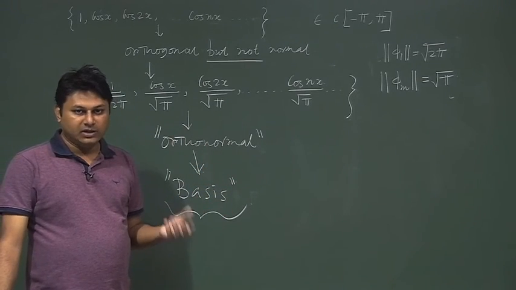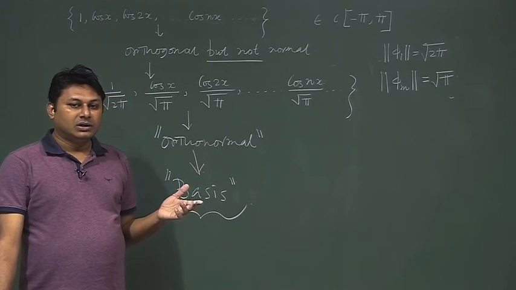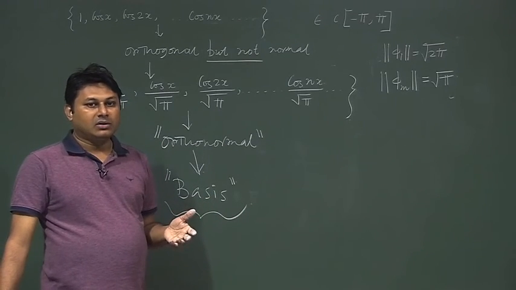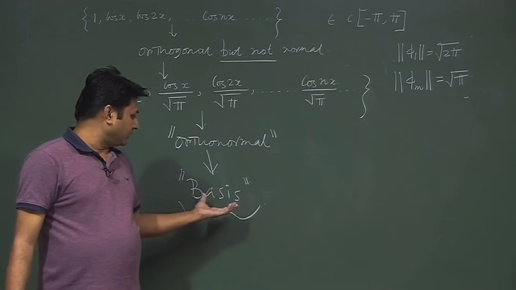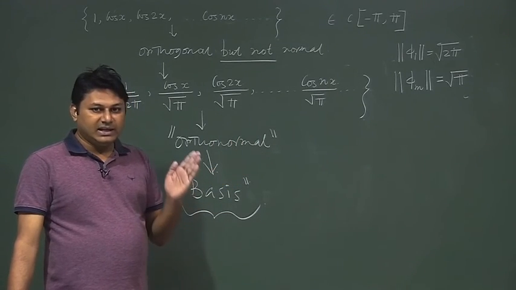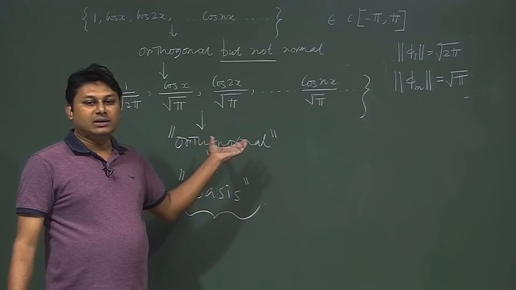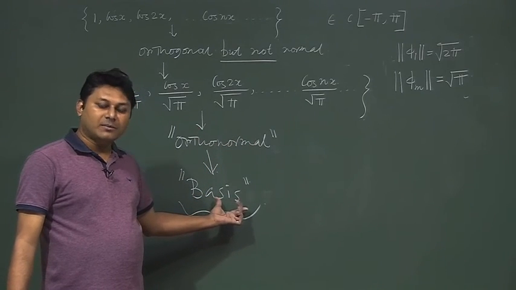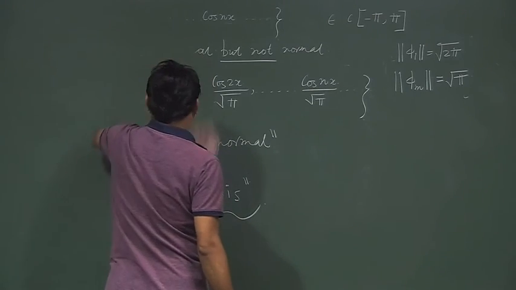The basis of meaning of the basis in the vector space was, if I have a set of functions which I call basis, through which I can write any vector, then whatever vectors we have, these are called the basis. So, that means any vector can be represented in terms of the basis. In a similar way, in the function space, I can potentially write any function in terms of the basis functions. So, let me generalize this